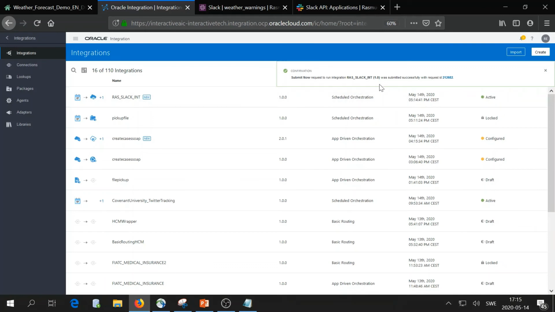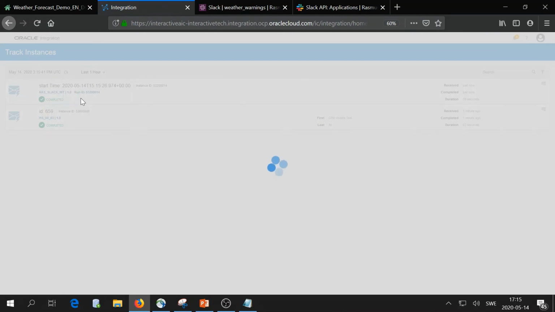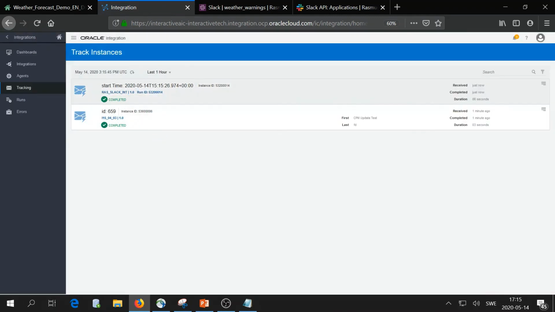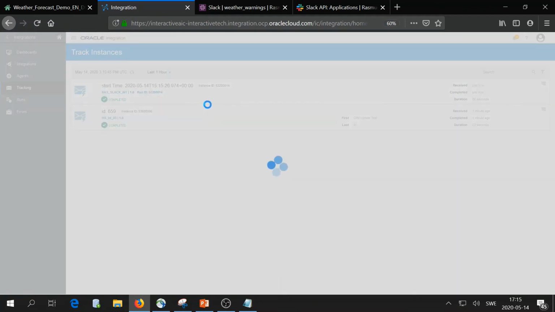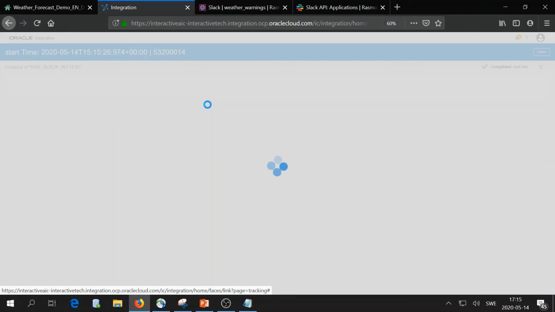So this happens quite instantly, but if you want to see did this go well before you actually check the result itself, you have something called monitoring. I find it very useful. You can use something called tracking, since I chose to track my integration. And we can actually see here that it was completed successfully. If it's not, you can actually go in on the ID